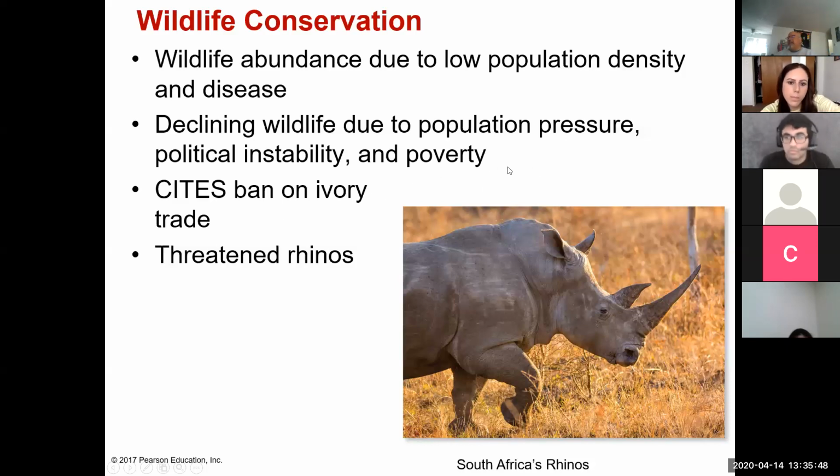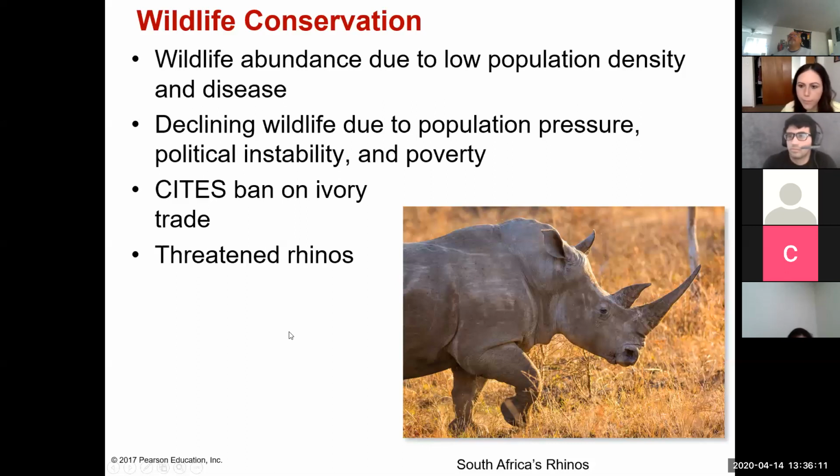It is one of the things that Africa has to offer. And even as population grows and there's more need, they can kill one of these rhinos just to take the horn and they can make a few thousand dollars in the black market. People will do it because they're desperate because of the